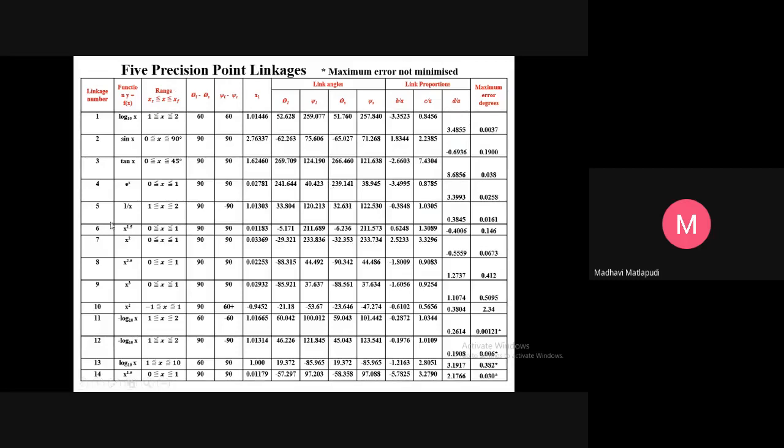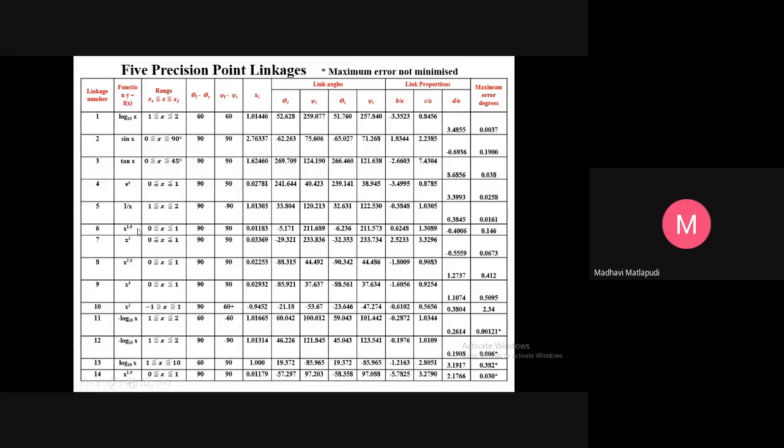Similarly, you have many other functions. You have another combination of proportions of linkages and angles so that the output link can give you sin x. Then another linkage number 3, output can give you tan x with this set of values. If you arrange with this set of values, you can obtain an output linkage of tan x. Similarly, exponential of x, then reciprocal of x. We have seen previously the reciprocal of x with some linkages, slotted links, ramps and all, isn't it? But here you can obtain the same using only 4 bar linkages.